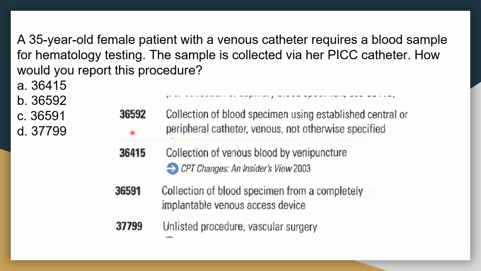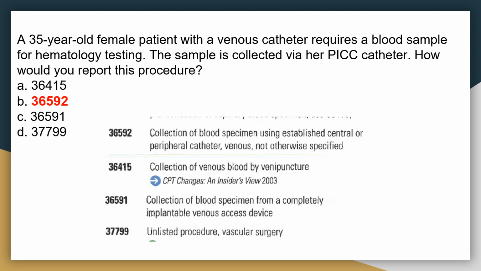And 36592, collection of the blood specimen using established central or PICC catheter, venous not otherwise specified. So in between these two we are going to choose 36591 and 36592. And always remember, whenever the language of the code is that specific and it matches your documentation, you will pick that. So yes, 36592 is the correct code because we have collected the blood specimen from the